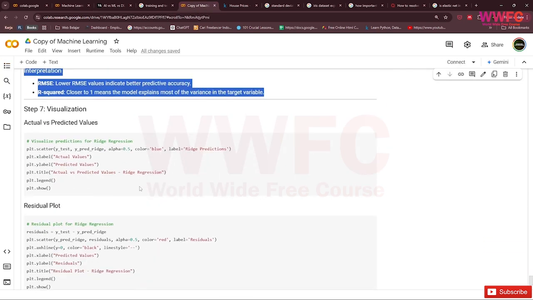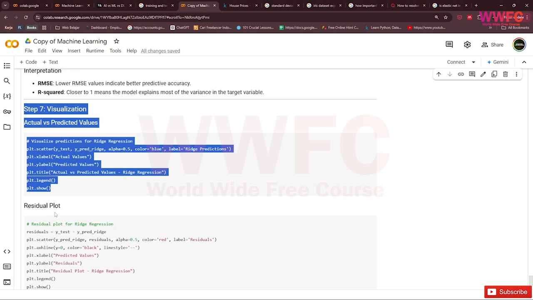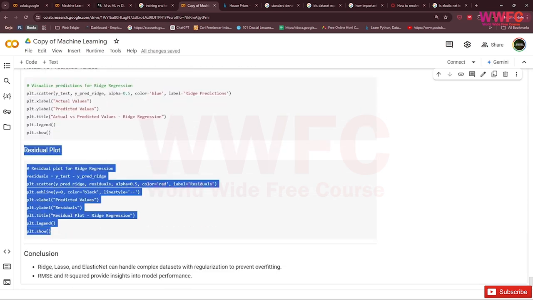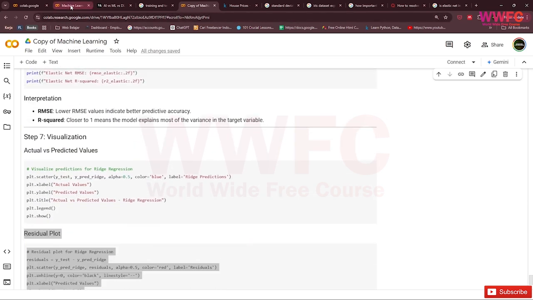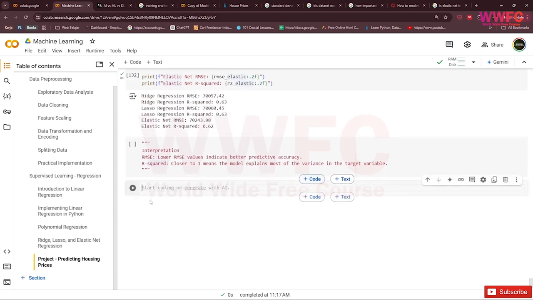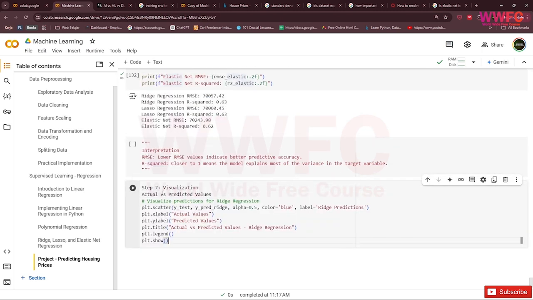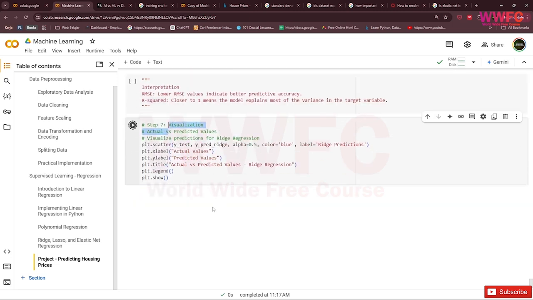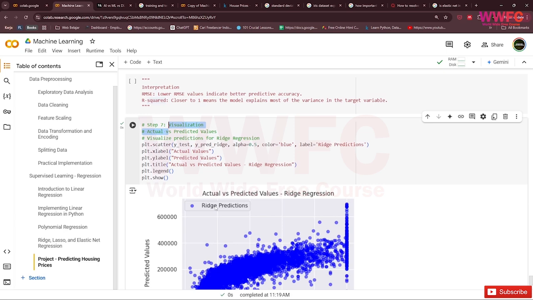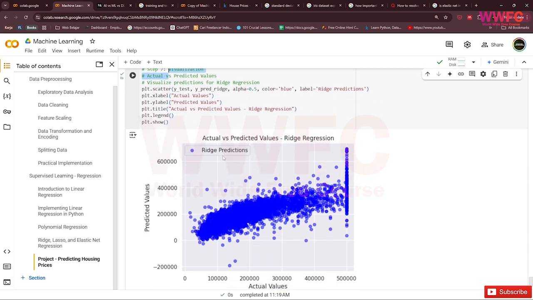Okay, we also check the visualization. Check the visualization is actual versus predicted value. So this is the ridge prediction.